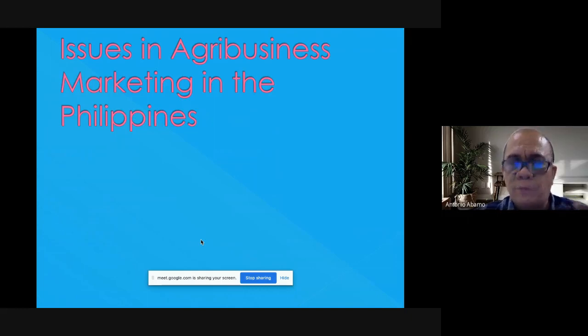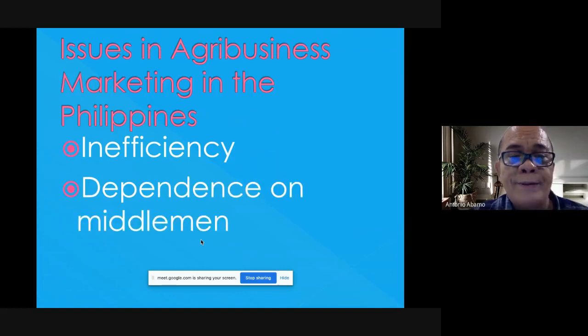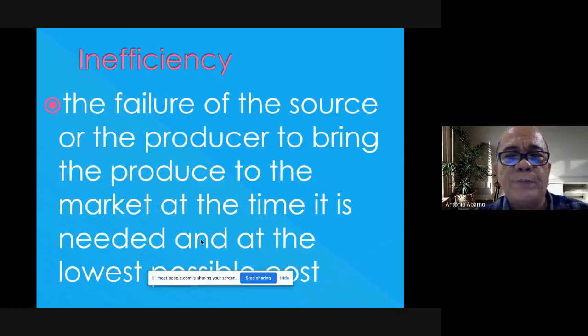For finished product, we have to take note of that very important quality, or say characteristic, or element of salability. Now let's come to issues in agribusiness marketing systems in the Philippines. Now, there are various issues. You have inefficiency, you have dependence on middlemen. Very dependent tayo sa mga middlemen. And of course, when you talk about inefficiency, you talk about failure of the producer